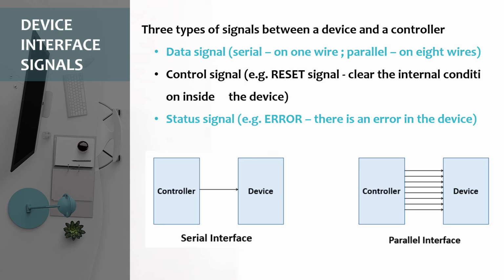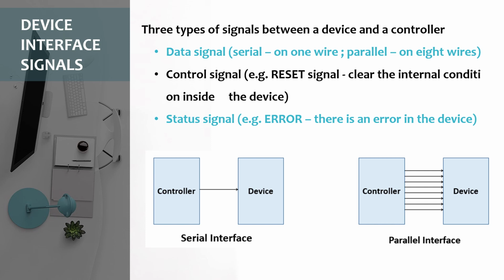Okay, so now we have a topic, device interface signals. What is this? Device means any device. Interface means something which allows two different components to communicate. And signal: whatever information or data you are passing, whatever is traveling from one location to another, is in signal form, because when you enter text or an image, it does not travel in that form. First your data will be converted into a signal, and then it will travel towards the destination.